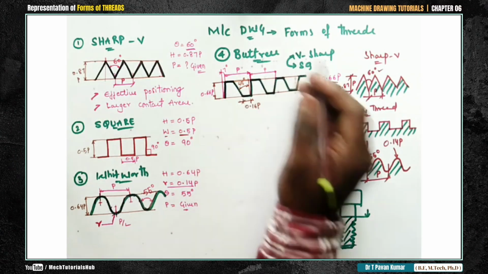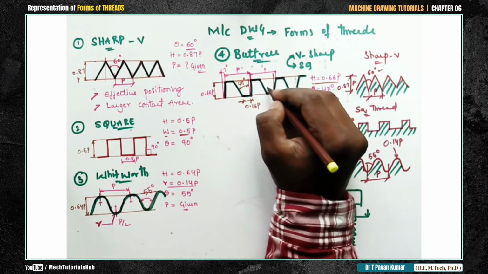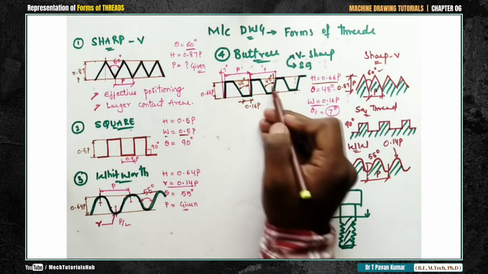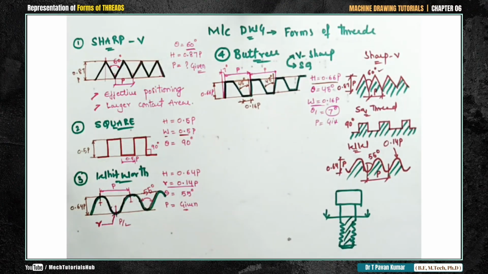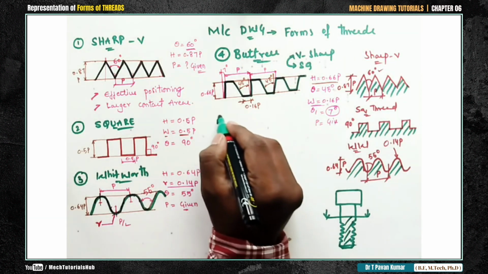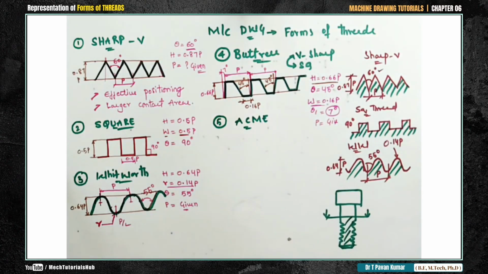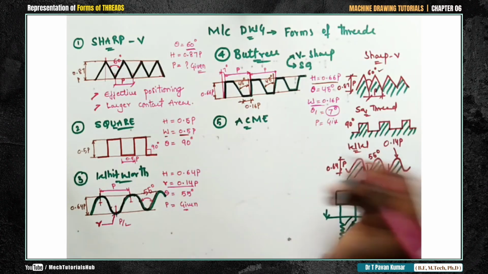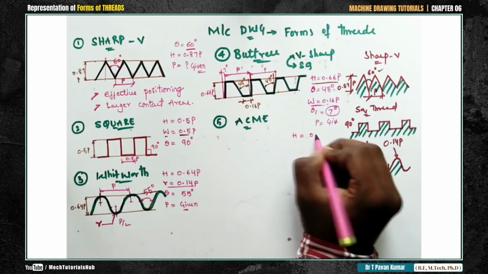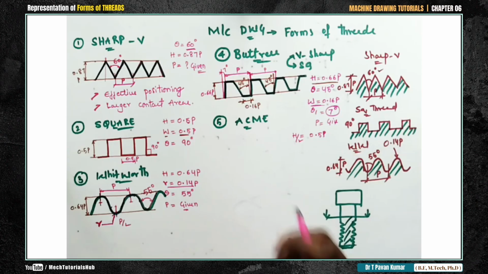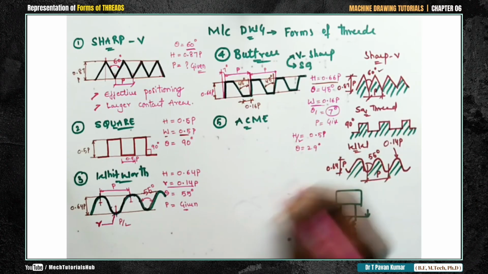Okay, why I said this as h by 2, that we'll see now. I'll try to draw a locus similar to the way we did for buttress. I'll draw one locus. At what height I need to represent, that is my question, because I said it as h by 2. If it is h by 2, I have to calculate now the height. Sorry, this is h is equal to 0.5p. From here I'll make a mark of 0.5p. I'll draw one locus. After drawing the locus, try to place the width. I'll consider 0.37p. I'll try to place the width on the top or bottom horizontal, from here to here,